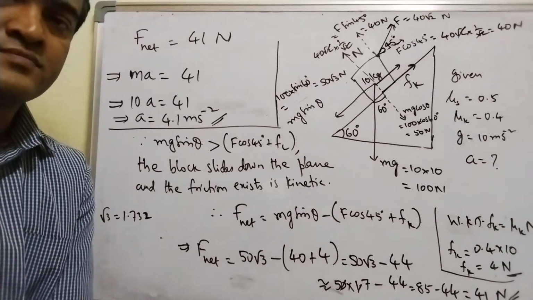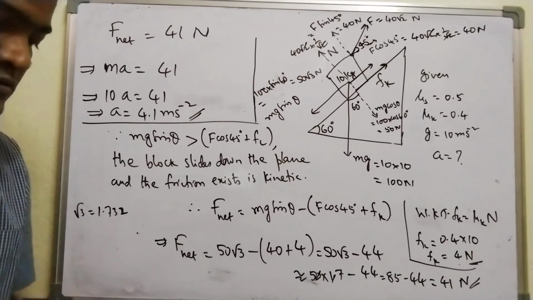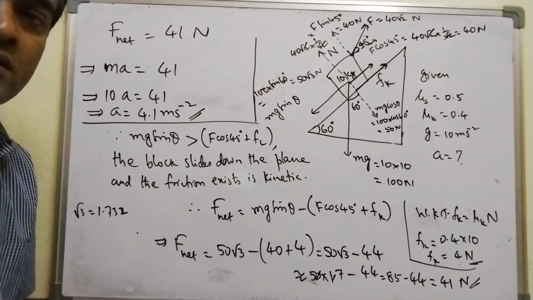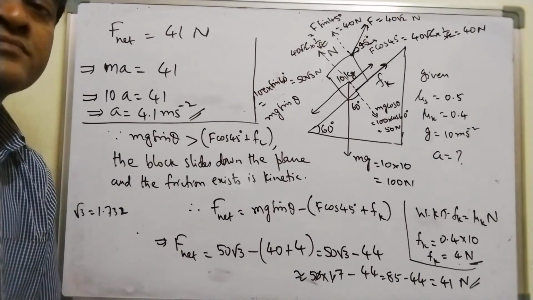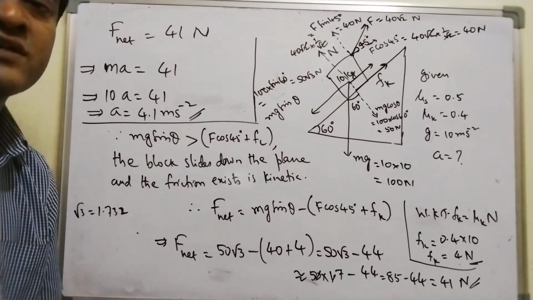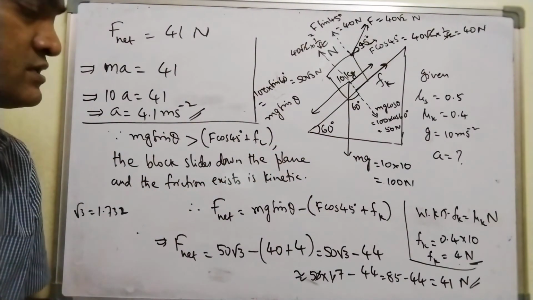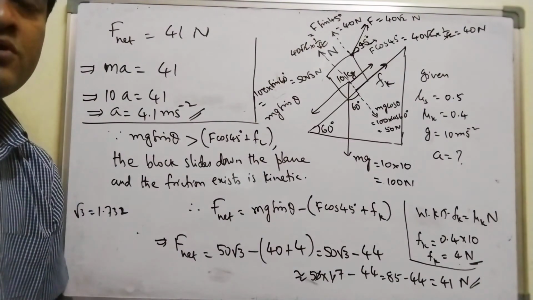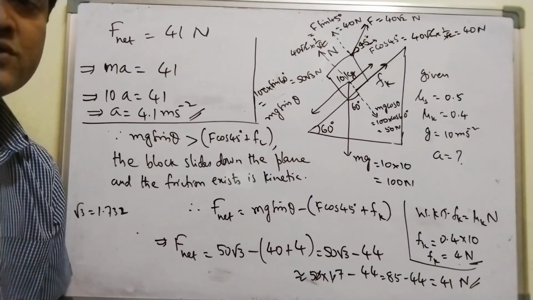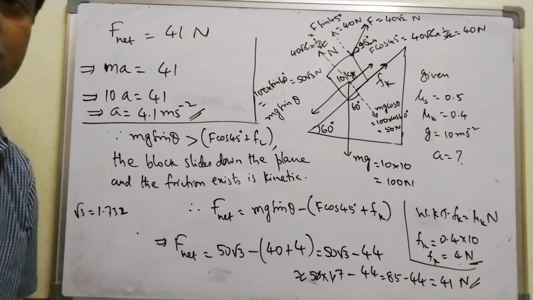This is the answer. I have told you a concept, that's it. So how to see whether the block is sliding down or not: you have to observe all the things carefully. Then you have to decide. If the block is ready to slide down, then here you won't get kinetic friction into picture. You will get just limiting friction. You can write the formula for limiting friction and substitute directly.